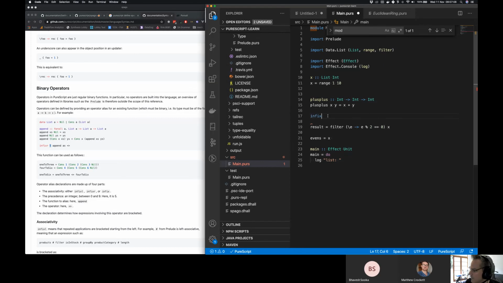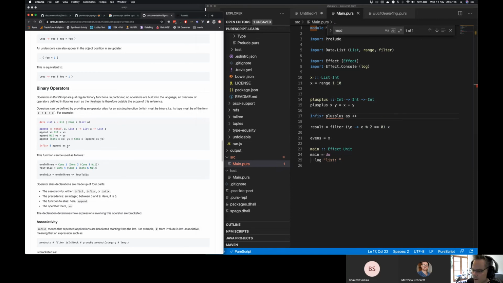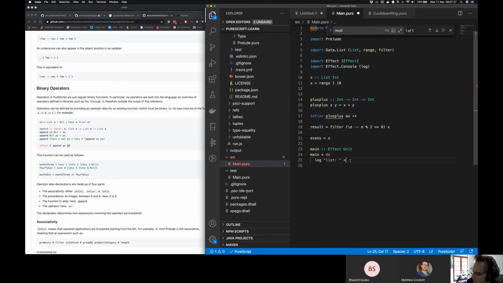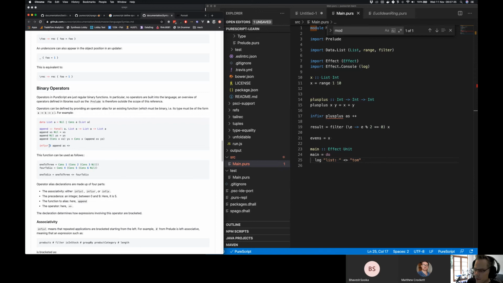I don't know. What is the infix not R equal to at the end? Plus plus, as plus plus. Yeah, no, I think that is what the new symbol is going to look like. So he's defining what, yeah, I know you think this looks like not equals to, but we saw it earlier on where we wanted to append strings. So it's the operator for append, actually. Oh, I see. Yeah, I missed that part. Okay, cool.